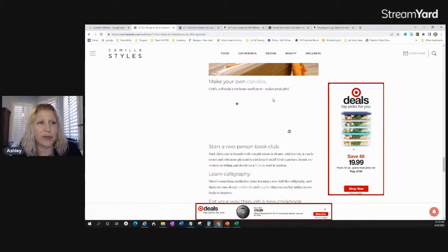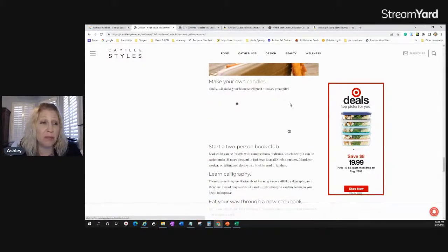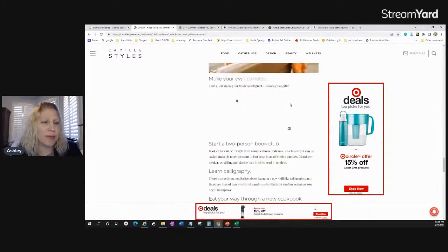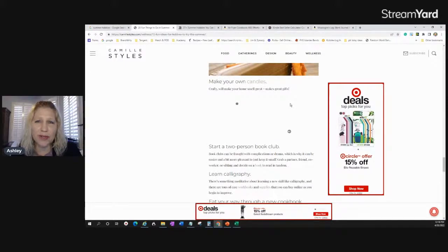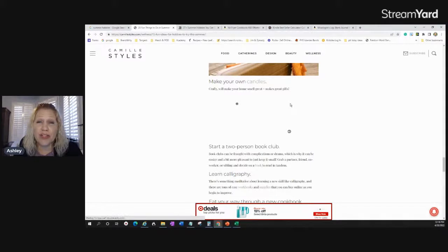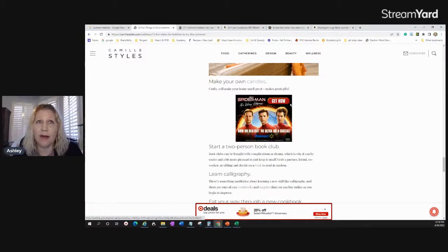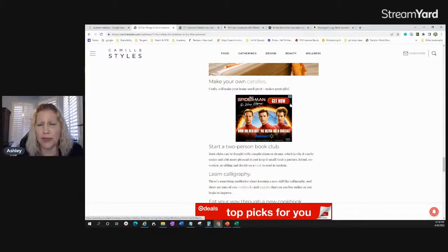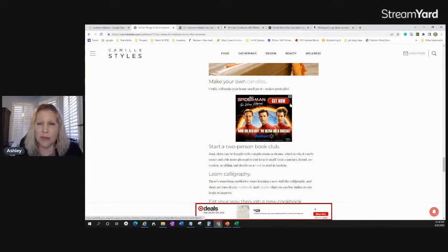Let's see, making your own candles if you have candle recipes. Oh, there was one I did want to talk about. This would be back with the recipe books, like barbecuing and stuff like that. Let's say you have 5 amazing barbecue ideas or recipes. You could actually create a full color book and only include those 5 recipes. I have a ton of like 1,000+ recipes, and honestly, I get vastly overwhelmed. But if I had like the 5 best pork barbecue recipes or ribs recipes or something like that,